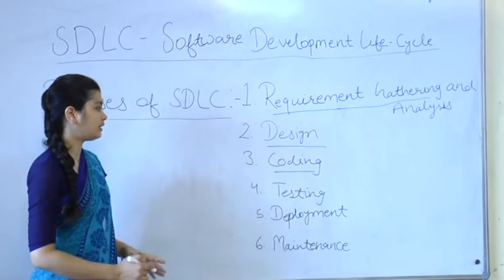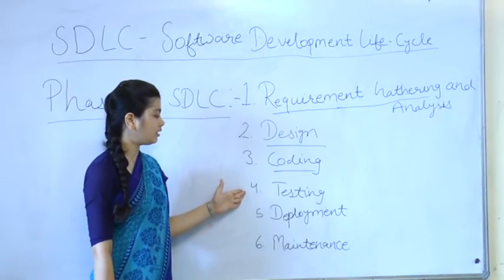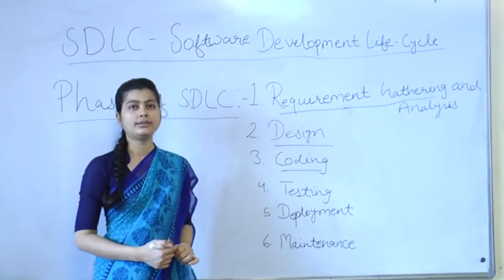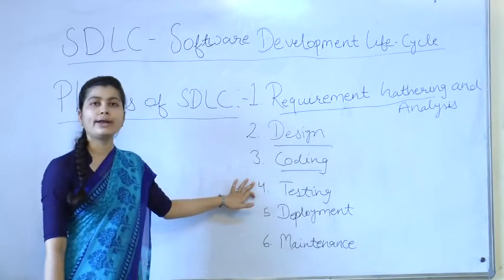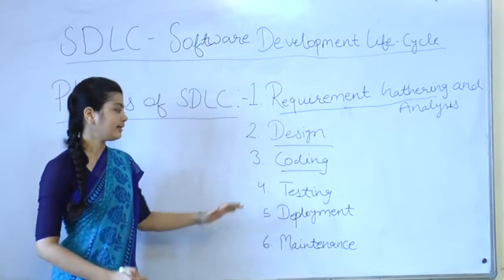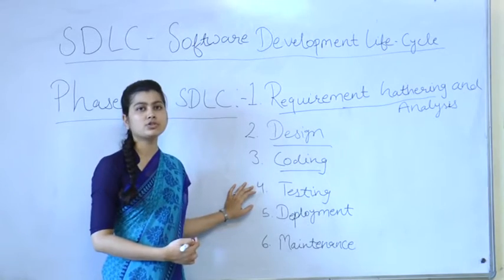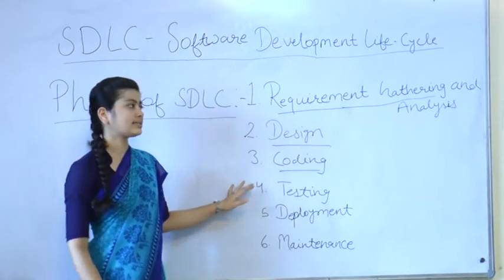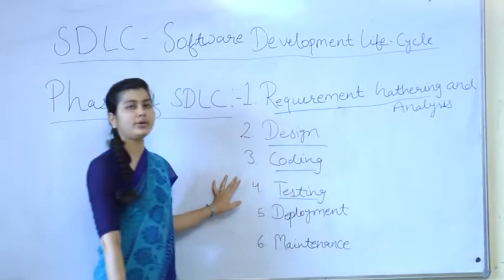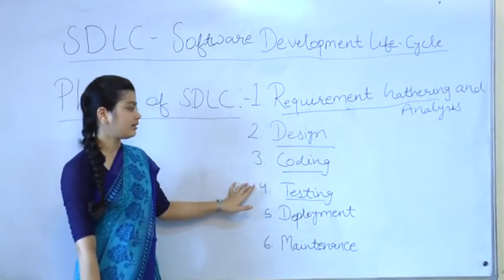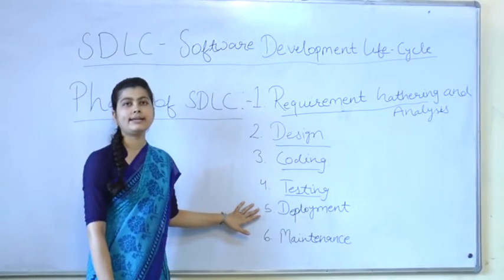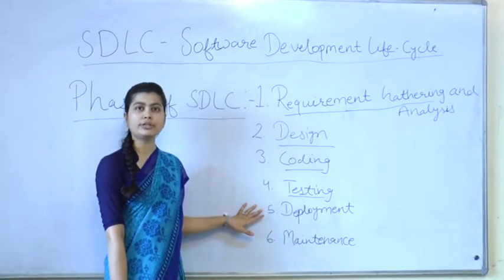After coding, the testing phase comes. In this phase, we test the product to make sure that the product meets all the requirements of the software, and it satisfies all the needs and requirements of the particular product. In this phase, system testing, integration testing, acceptance testing and unit testing are performed. After the testing is successfully completed, the software is delivered and deployed to the customer for their use.